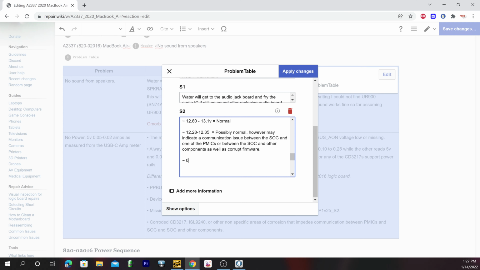Zero volts equals short to ground or absent voltage due to a creation